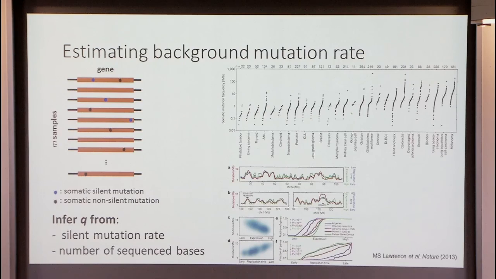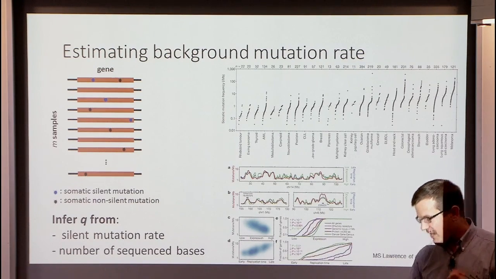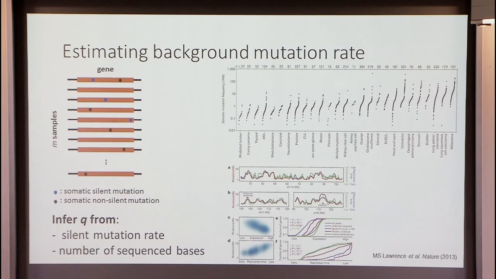And that's because calibrating this background mutation rate is really hard to do. That background mutation rate varies by cancer type, by tissue. It varies by other covariates, like the expression level of the gene, which might have some effect on the background mutation rate. The replication timing, when that region of the genome is replicated during DNA replication, has some effect on the mutation rate. So just getting this parameter becomes quite a challenge. Also the stage of the cancer.